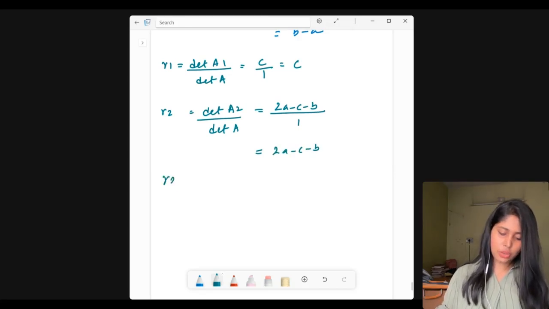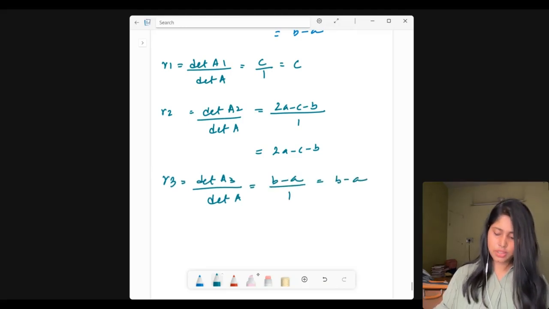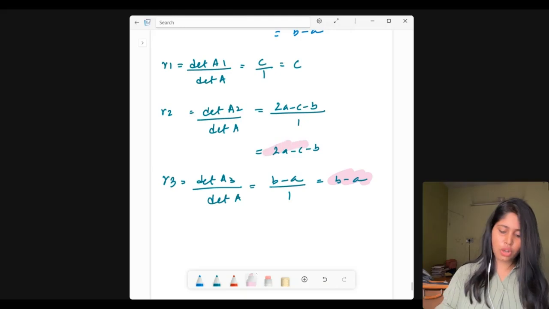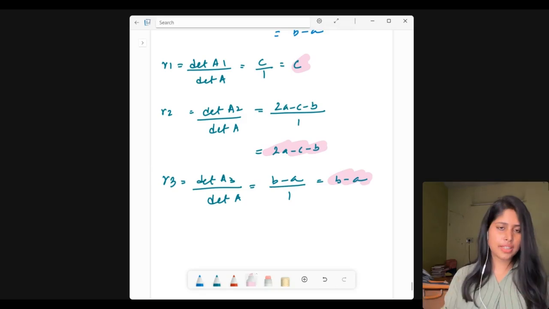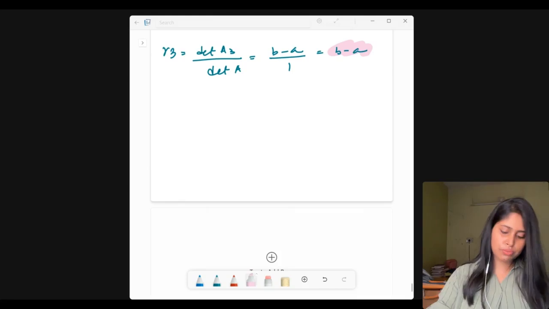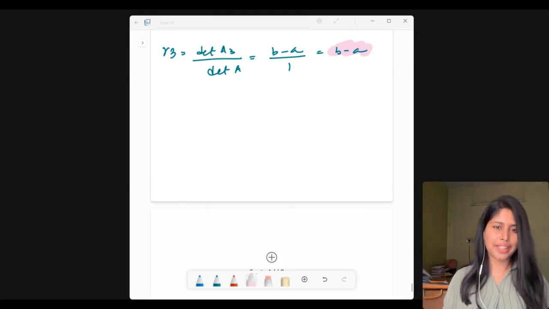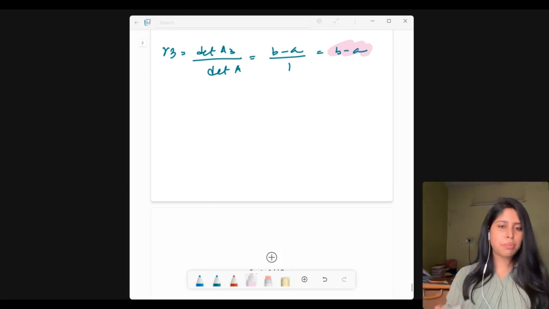And R3 is equals to what? Determinant of A3 by determinant of A. So it will be B minus A by 1, which is equals to B minus A. So these are the values which we got for R1, R2 and R3. And next you want to write what? Then we can say that Xi belongs to R3. Okay, I'm just telling you, it will be what then. So we can say that Xi belongs to R3,